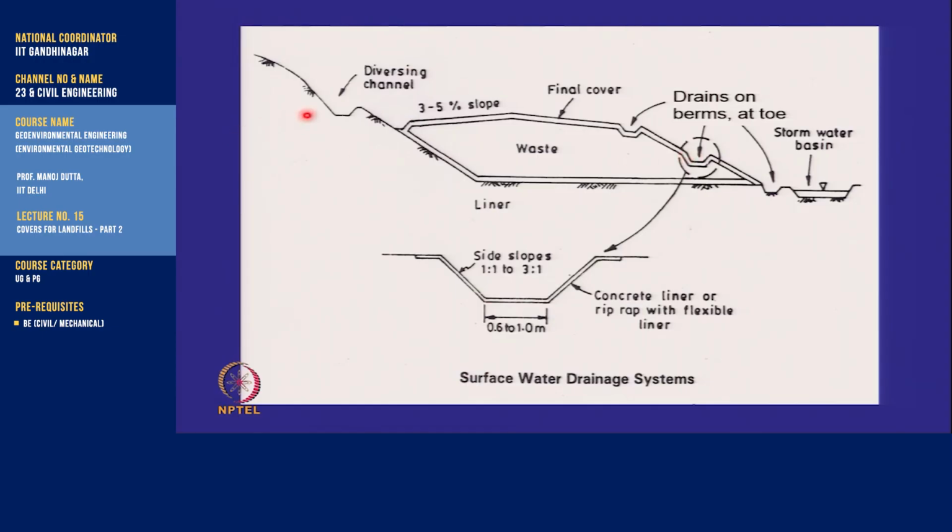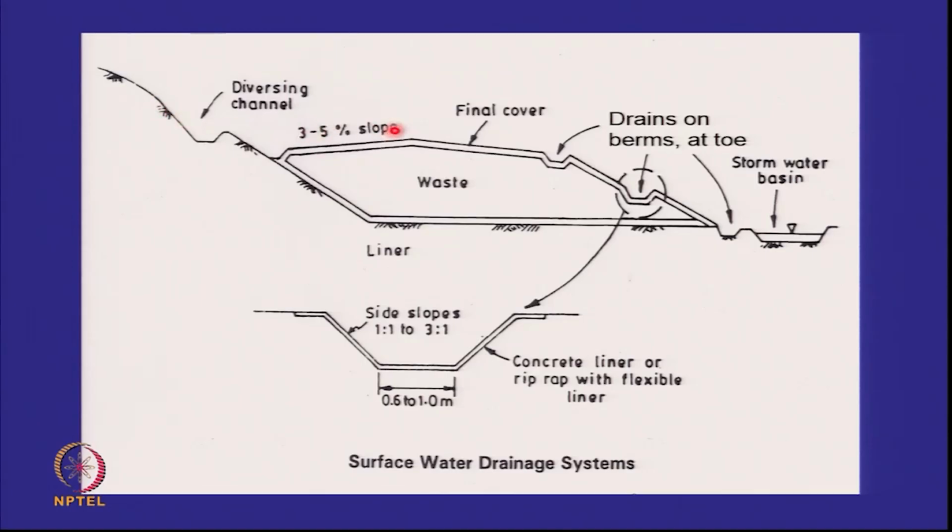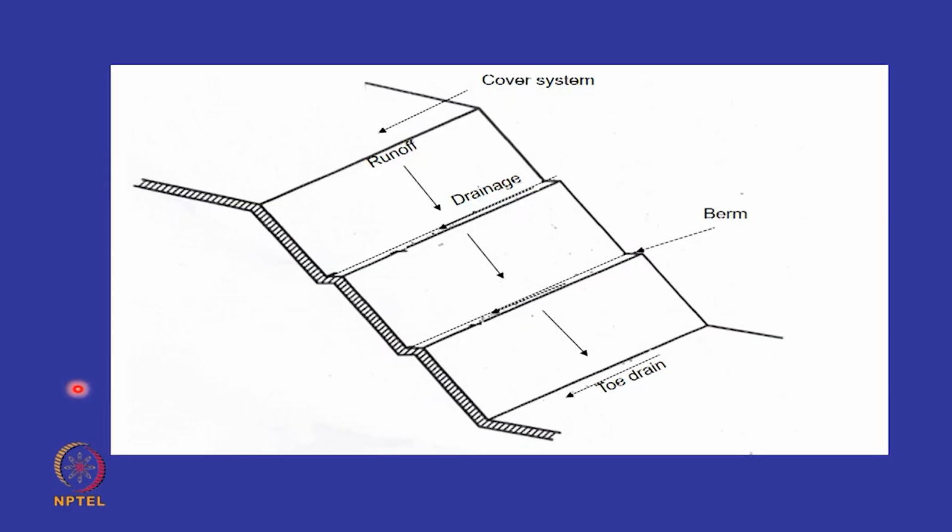So please see the arrangement. You will have a diversion channel or an interceptor channel which should not allow the water to come onto the landfill. Whatever falls on top of this should go out from a drain here and a drain here and a drain at the berm, and should go to the storm water drain at the toe. And a better view,